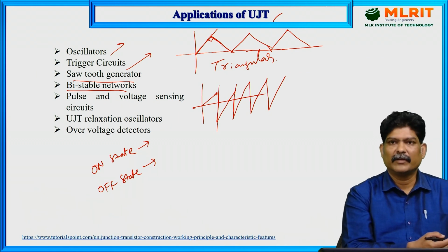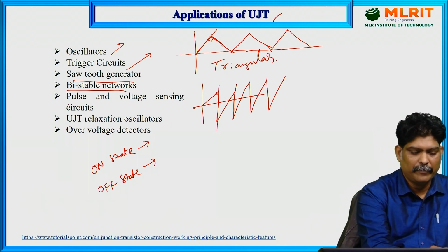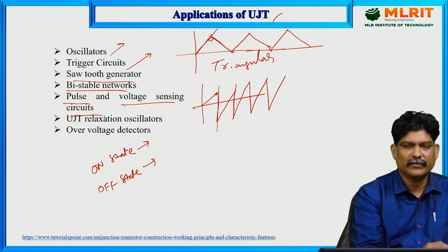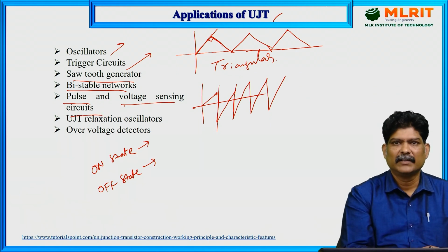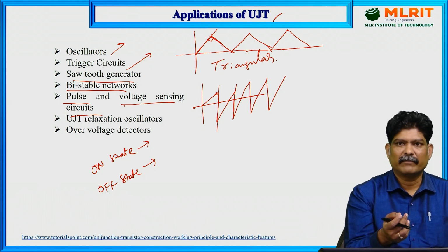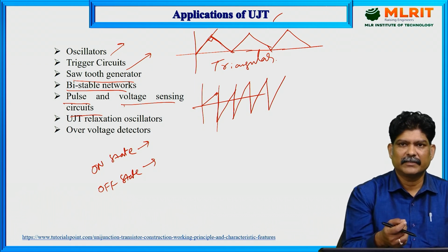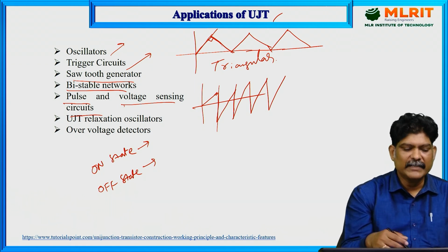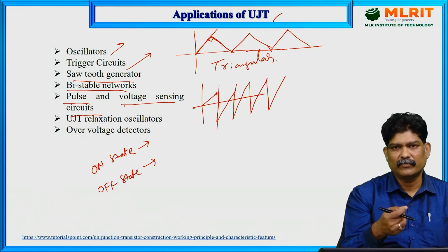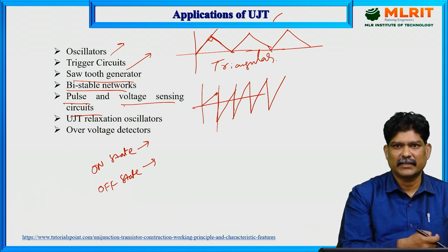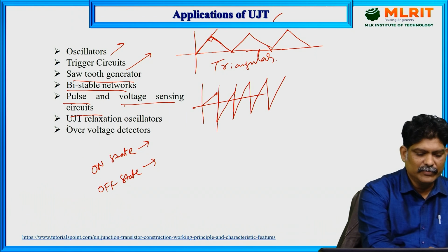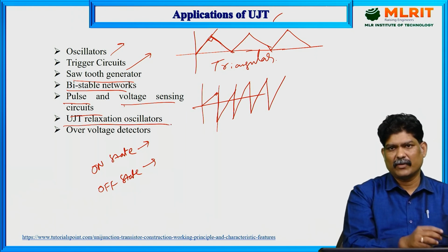the UJT as one of the leading components. Also pulse and voltage sensing circuits, pulse generators, pulse circuits, as we just discussed. Different pulse circuits and pulse generation are required, and then voltage sensing circuits, to know what kind of voltage is coming as an input to the circuit. In such cases also we use the unijunction transistor, and then the UJT relaxation oscillator, because we know